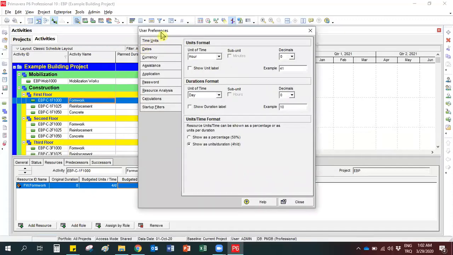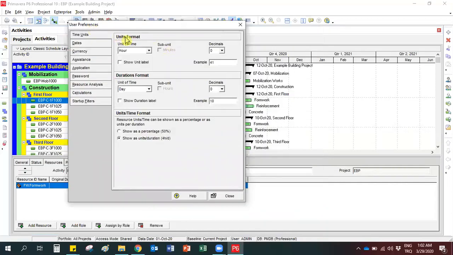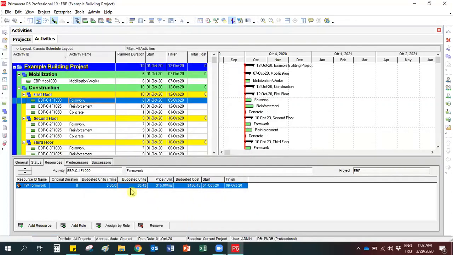Here in the units format, you can see the units format here. Select the decimals as 2. Now you see that it is 30.43. If you also want to see meter square here, because the total amount is given in terms of the